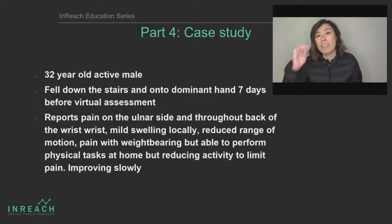Okay, so here we have a recent case study of mine. We have a 32-year-old active male. He fell down the stairs and onto his dominant hand about 7 days before having an assessment with me. He reported pain on that pinky side, or that ulnar side, of the wrist and throughout the back of the wrist. Had some mild swelling locally on the back of the wrist and reduced range of motion, particularly with bringing the wrist back